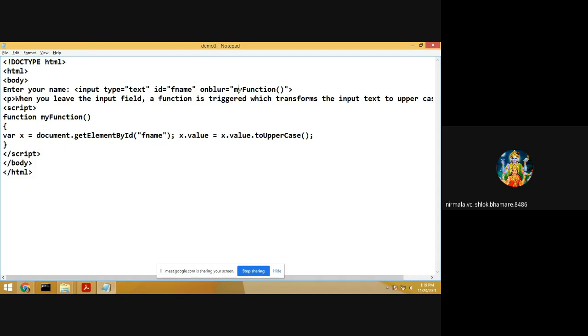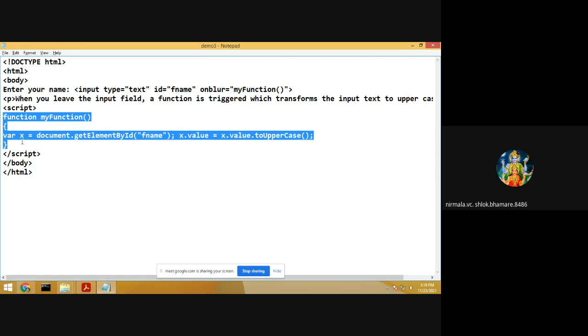Now see what is written in my function. When we exit the text box, onblur event will occur and my function will get called. So here is my function. Now what is written in my function?